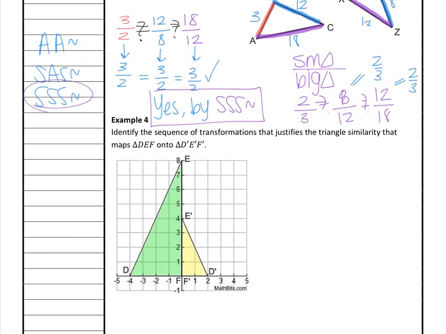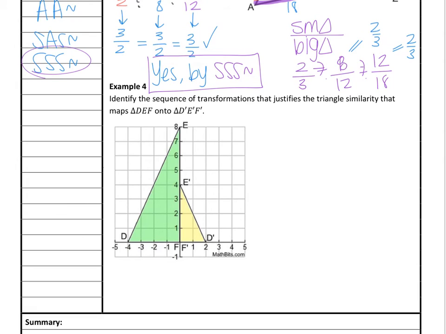All right, example 4, last one here, and then I'll let you go until I hit you with the next video. Identify the sequence of transformations that justifies the triangle similarity that maps triangle DEF onto triangle D prime, E prime, F prime. So clearly these two triangles are